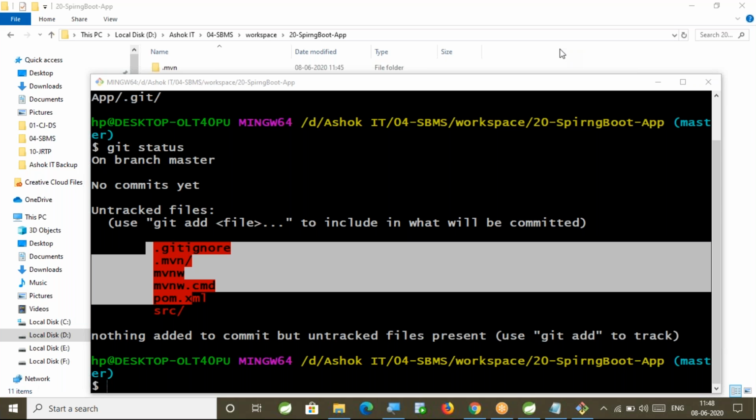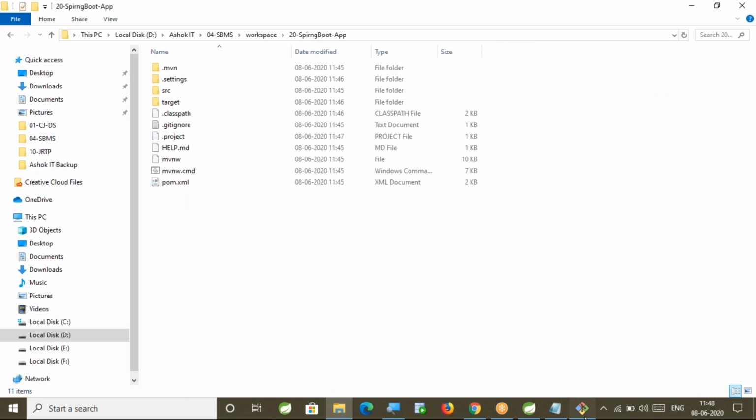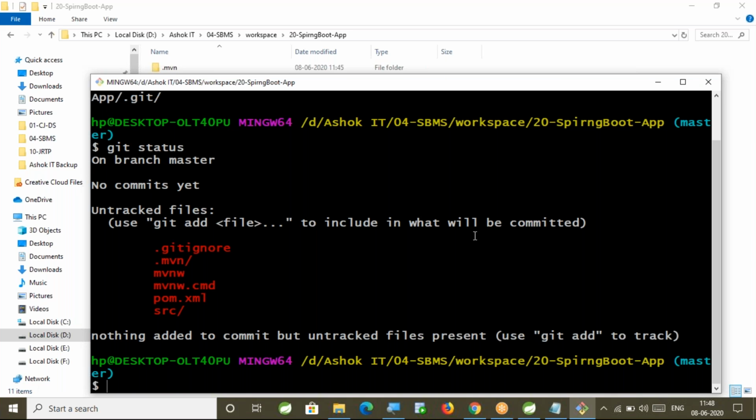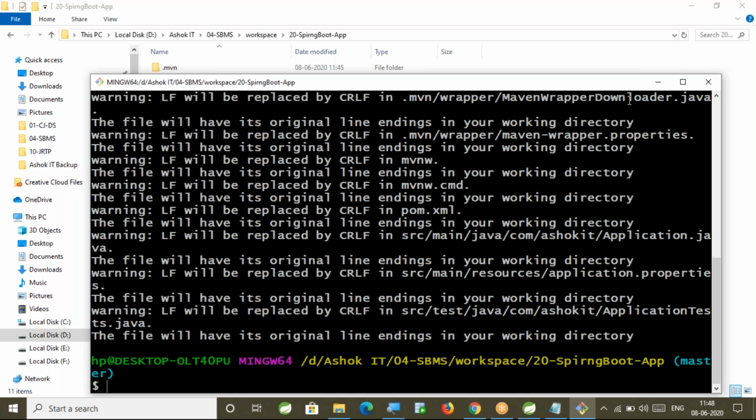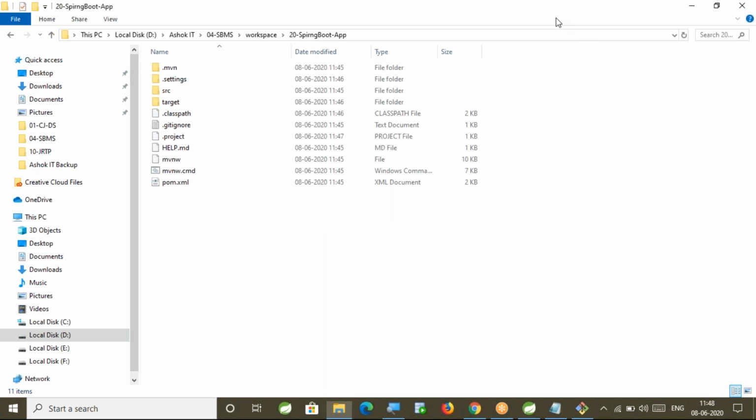To add the files to the staging area, we will use the add command: git add -A. Why am I giving -A? So that I can add all the files at a time. Fine, all my files are added.